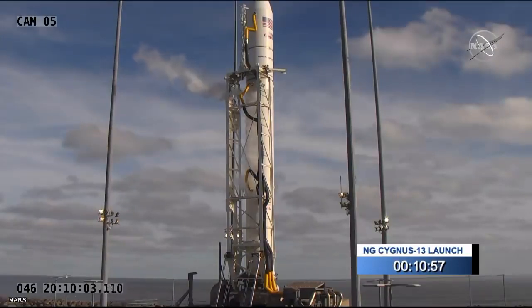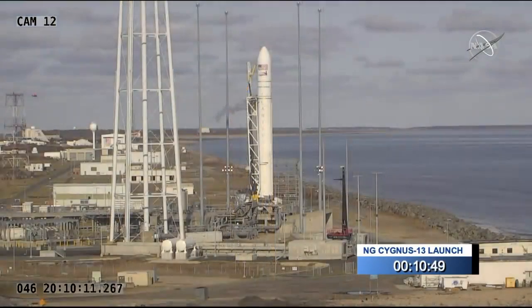Just under 11 minutes now from launch, and everything is still proceeding smoothly for an on-time launch at 2:21 p.m. Central Time, 3:21 p.m. Eastern. Once we get to that launch time, the first thing that will occur is the Stage 1 ignition, and you'll see liftoff just a few seconds after that. Those two main engines will burn for about 3 minutes and 28 seconds before cutting off, and Stage 1 will separate. Cygnus will coast for a bit until fairing separation, when the external cover that protects the spacecraft during